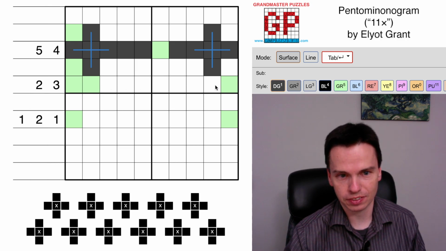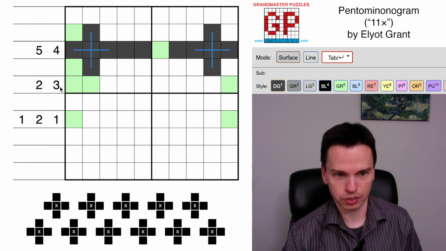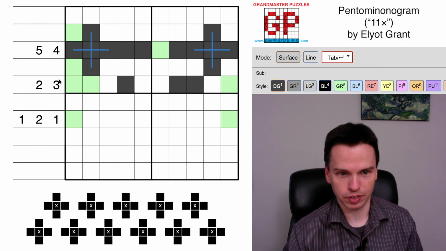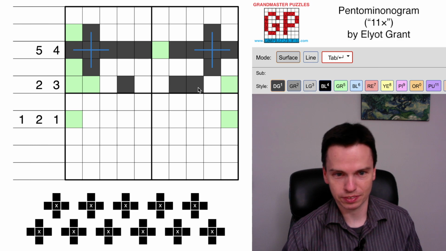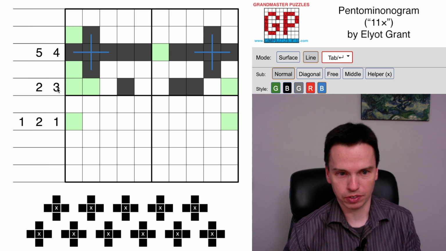That leaves us 7, where this nonogram clue 2 plus 1 plus 3, where 1 is the gap in the middle, has 1 degree of freedom left. So we can place 1 cell and 2 cells from these clues respectively. If we don't use these cells, we'll never get a 3 in the grid or a 2 in the grid in these spaces. And knowing that, this 3 is also going to have to be part of an all horizontal